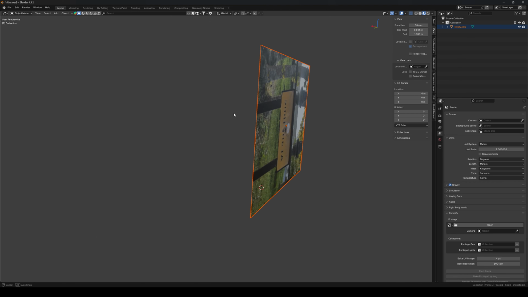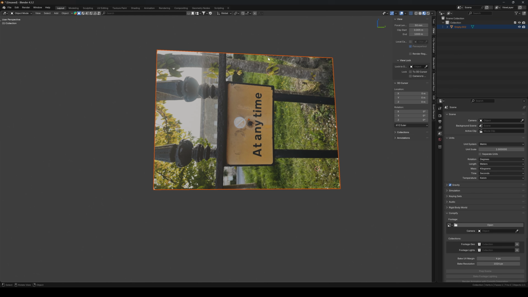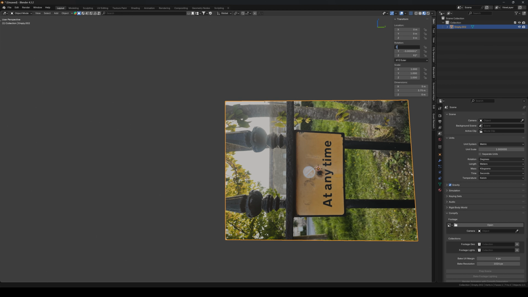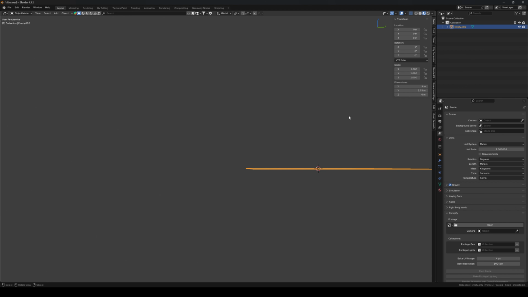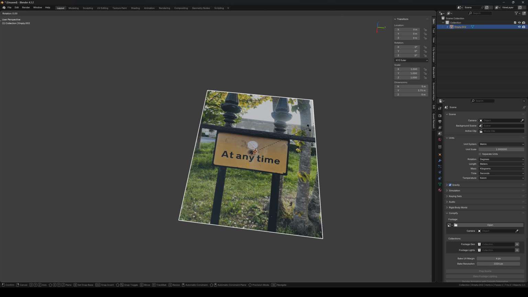So that is a plane. It has no depth, but it has width and breadth. And now I can start messing around with it. So the first thing I'm going to do is I'm just going to quickly select this guy and go to Item. And I can just reset all of these. You could do the keyboard shortcut, but I'm just going to do it manually because it's just as quick, to be quite honest. So now we have that set like so, and then I'm just going to R Y 90